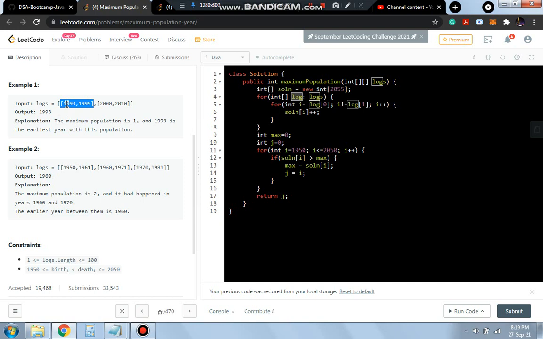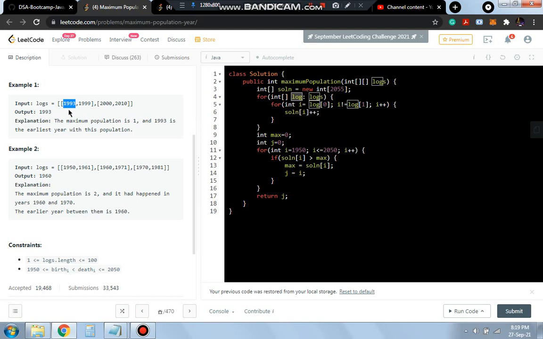Now from 1993 till 1998, since 1999 is not considered, the population was 1. So what we'll do is use an array of length 2055, in which the 1993 index will become 1, the 1994 index will become 1.